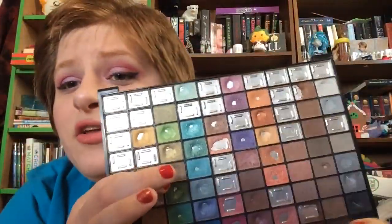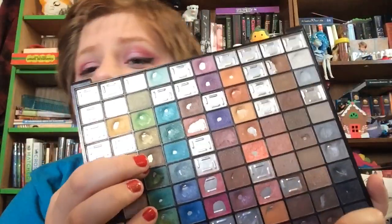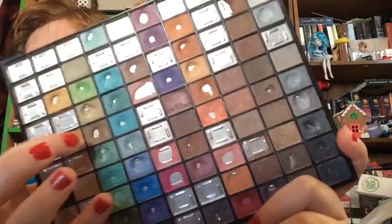I love this color so much. I want to find a dupe of it. It's so nice, and I've used this so much. It's just so grungy and nice, and I can put that all over my lid, and then maybe put a little bit of this color in my inner corner, and then it would look so